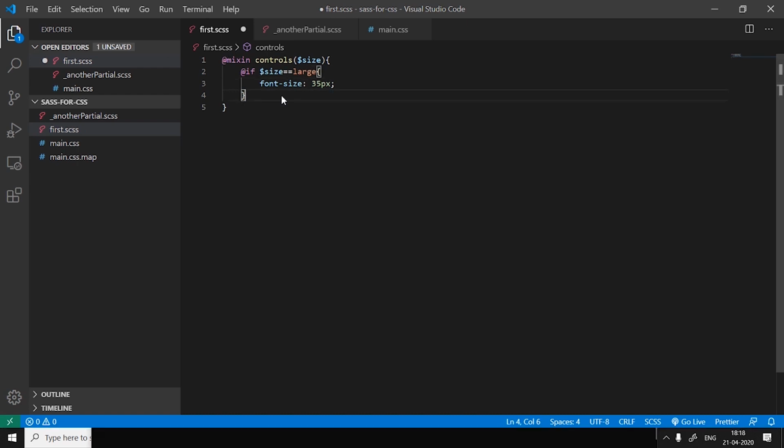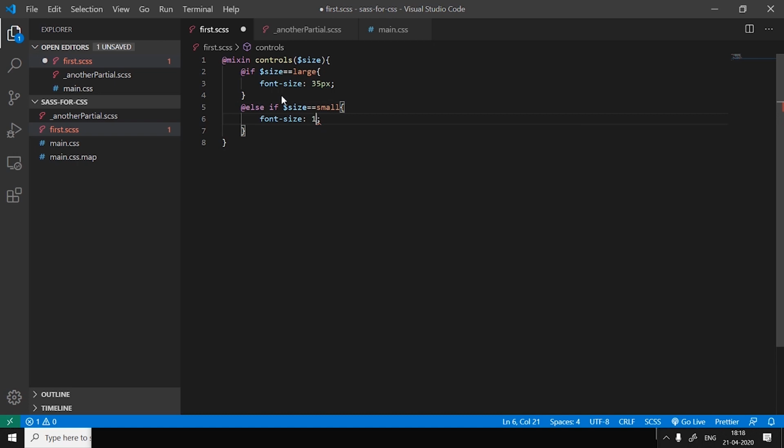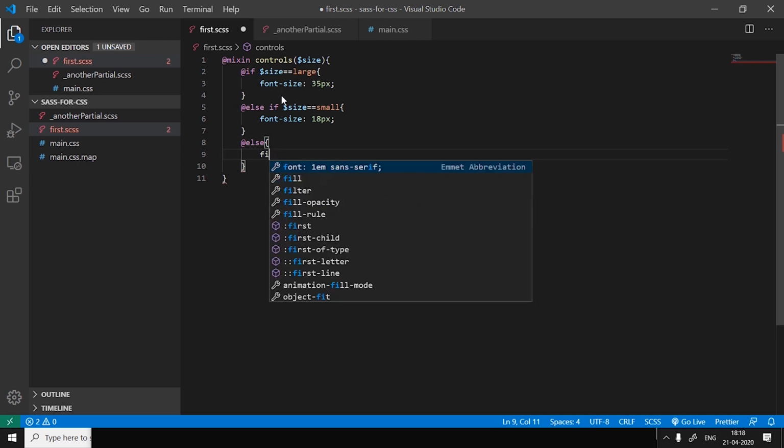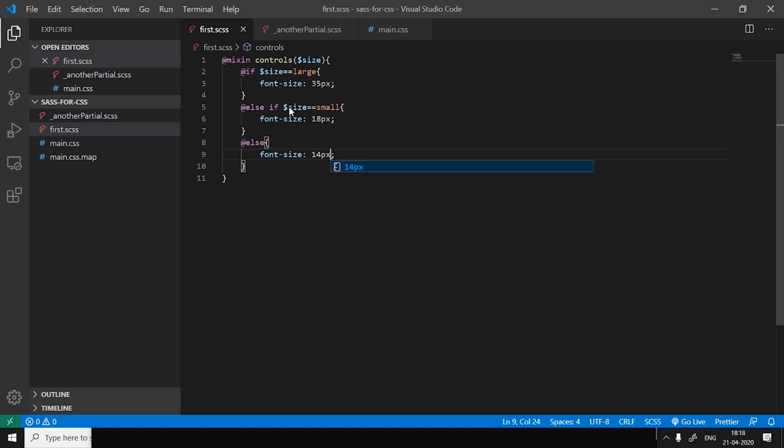Now we can have another if, and for that, @else if size is equal to small, font size becomes 18 pixels, and except that, all other values go for font size 14 pixels.